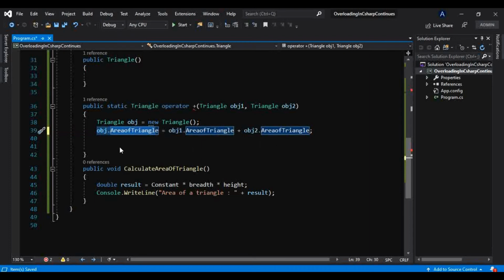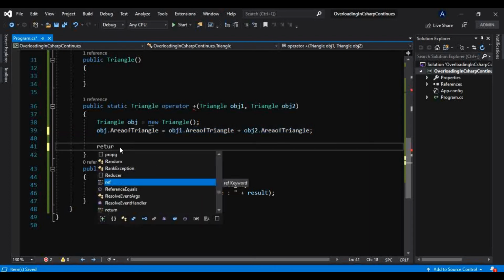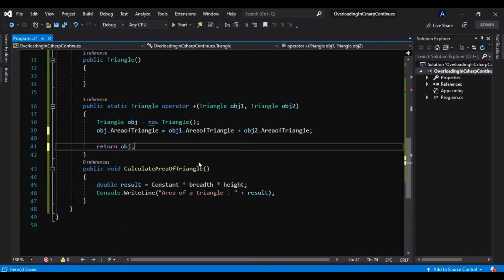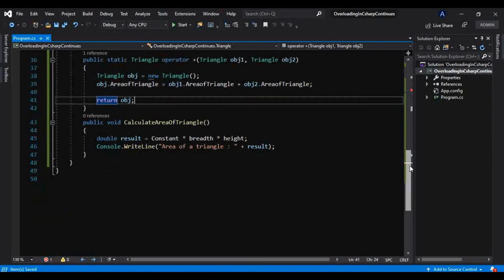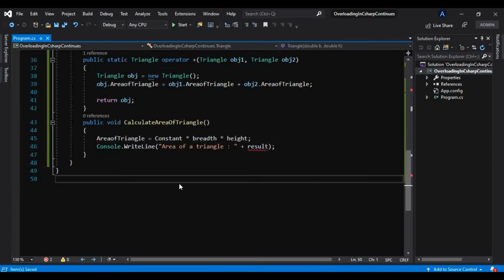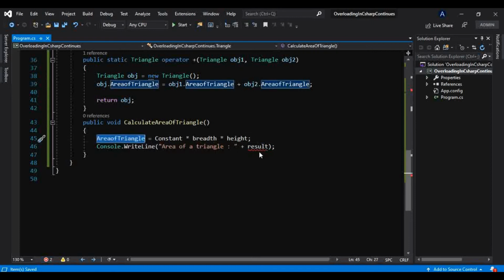And we have to return that object, return obj here, and that error will be gone. Okay, so everything is fine. But just one thing I have to do here, that is, AreaOfTriangle is equal to a constant like this, and we have to pass that area of a triangle.